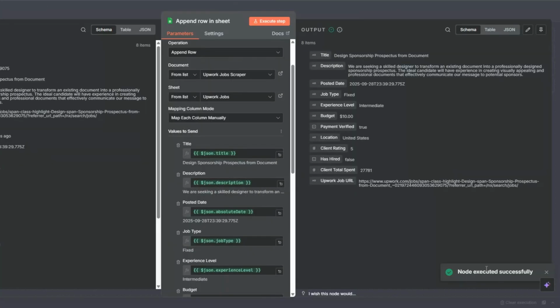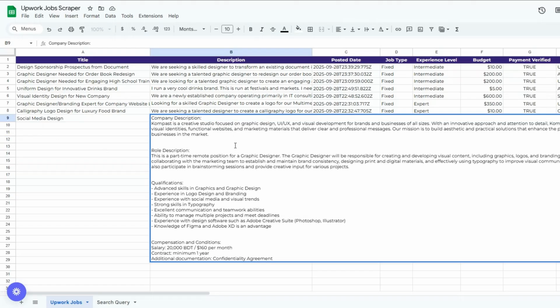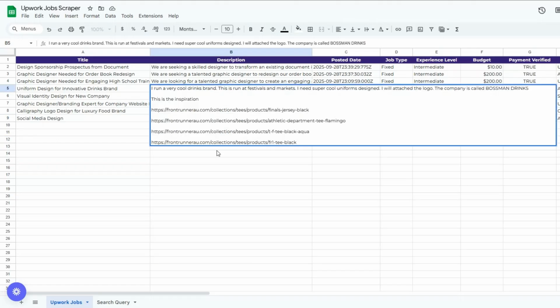You can see our node was executed successfully. We successfully added our jobs to our spreadsheet. When I open our spreadsheet, you can see we successfully added our jobs right here. So we added the job title, description of the job. Over here you can see the comprehensive description for each of our jobs